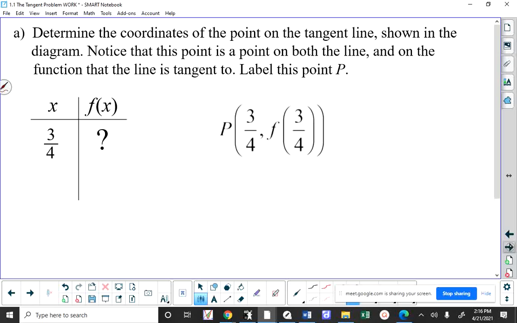Well, get used to talking about points this way. We'll figure out what y is equal to in a second. But if x is 3/4, then the y coordinate is f of 3/4. And f of 3/4 is going to be 9/16. Why? How come? Because f is x squared. f means to square x. That's what the function is in this example. So when you square 3/4,